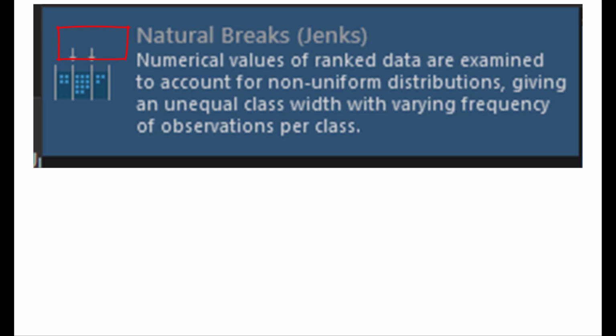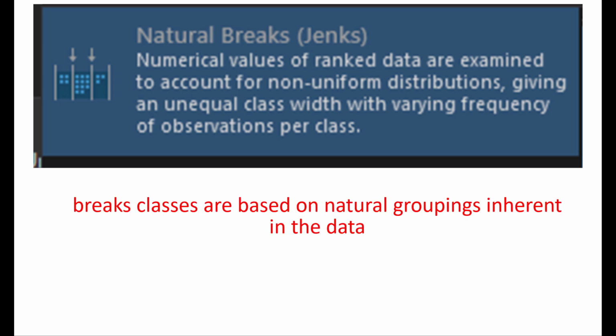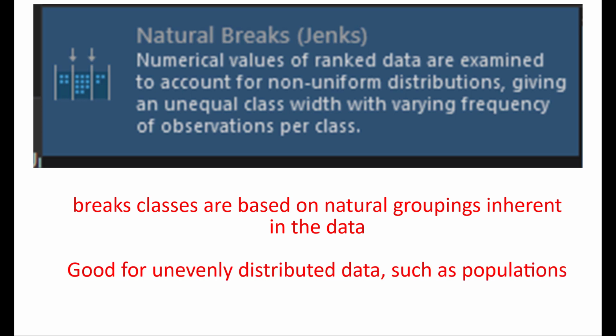At the end of the day, each class interval can have its own widths, and the number of features in each class might vary. It will vary. But this natural breaks method, it breaks the classes based on the natural groupings inherent in the data. That is what natural breaks or Jenks is all about. The Jenks method works well on a data that is unevenly distributed, such as in populations. Default to አምስተኛው ይሄ ነው።